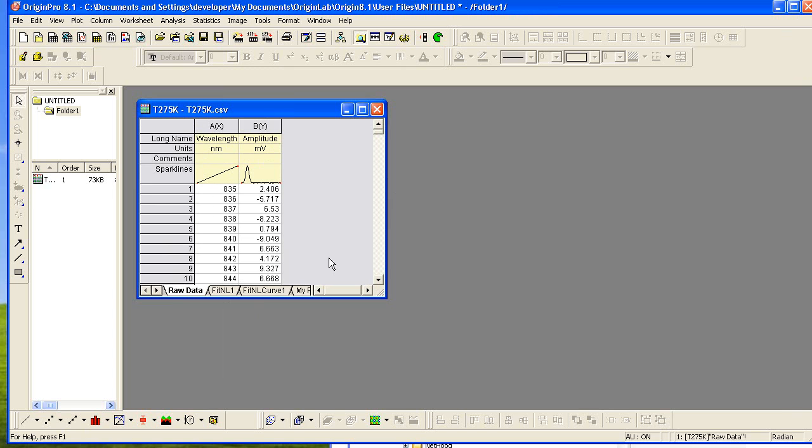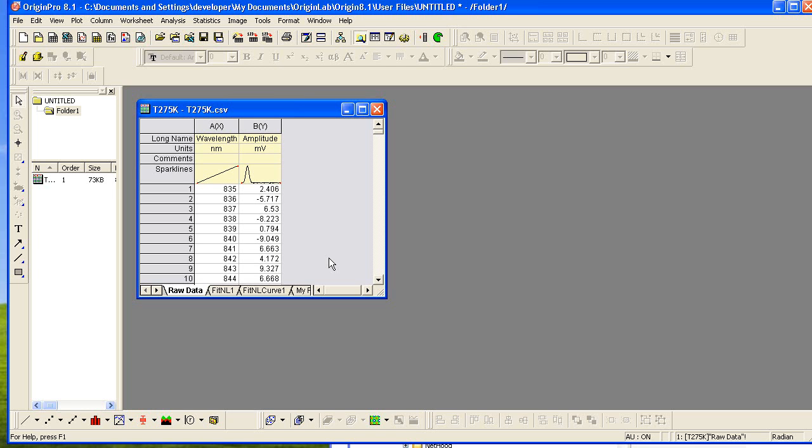We rename it because we are saving an analysis template, so we want our source or input data sheet to have a name that we can recognize. We don't want it to be the name of the data file, so we'll call it the raw data sheet. This book is now ready to be saved as an analysis template,